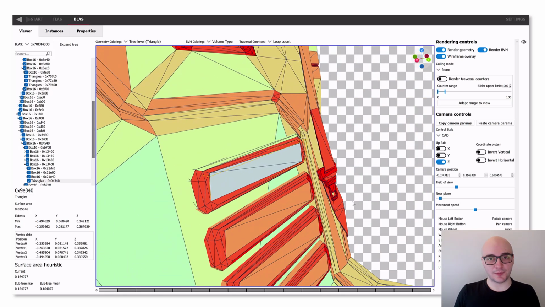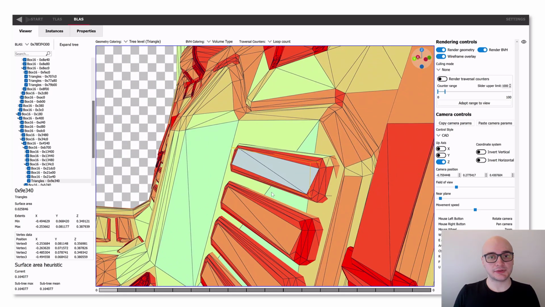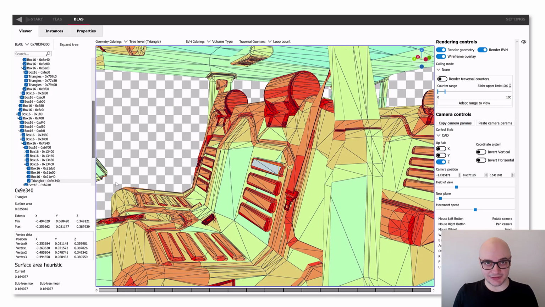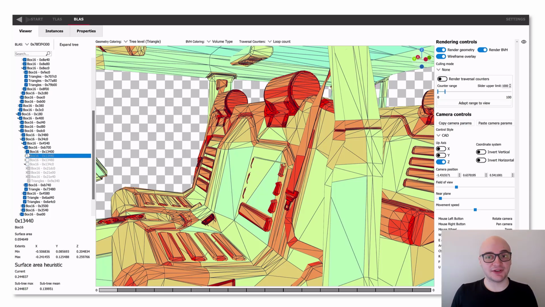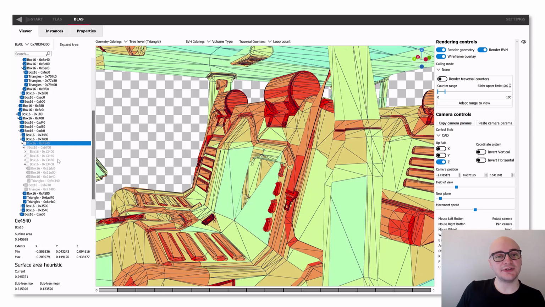Given the complexity of modern games, you may need to declutter your scenes to focus on specific parts. In our array, the simplest way of decluttering is to toggle individual nodes through the tree view on the left. When you click off the checkbox next to a node, it will disappear from the scene. Please note that the hierarchical structures underneath a given node will also become invisible. You can also select volumes that are not instances or triangles in the tree view.